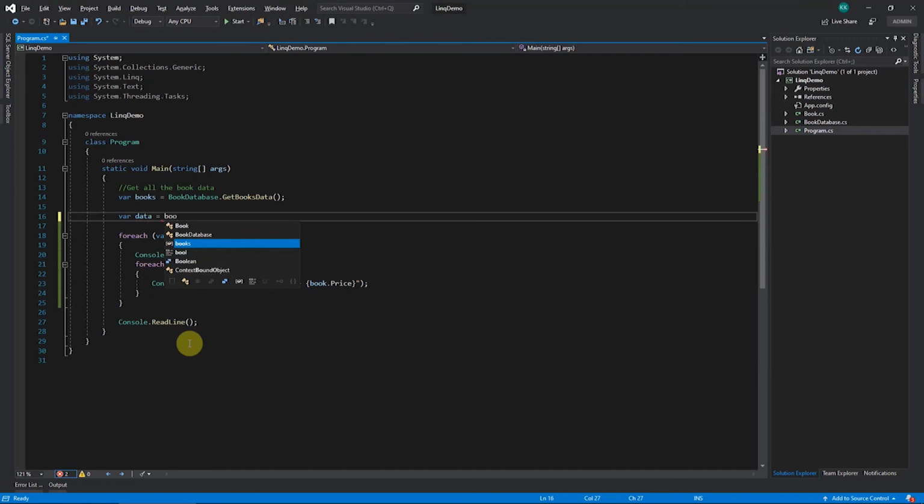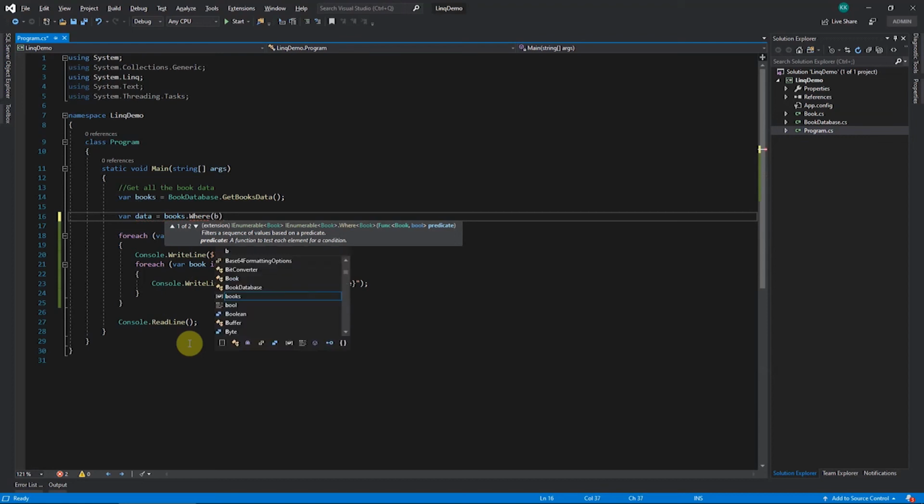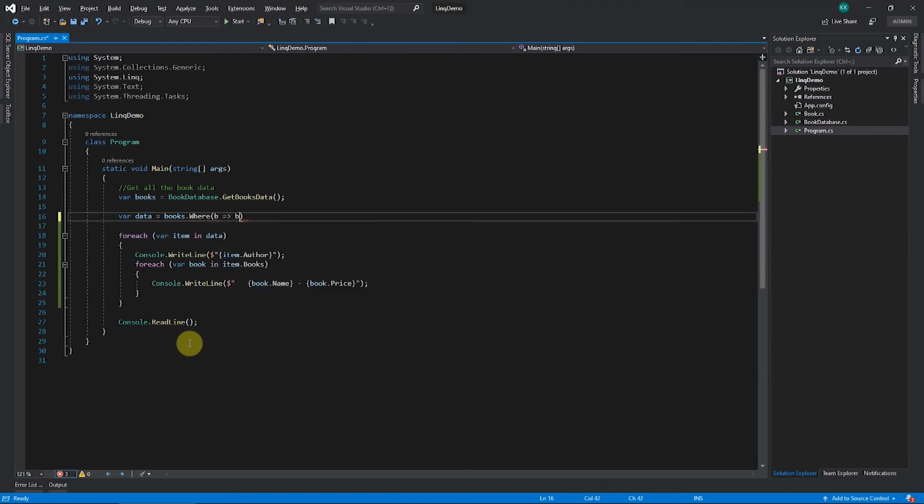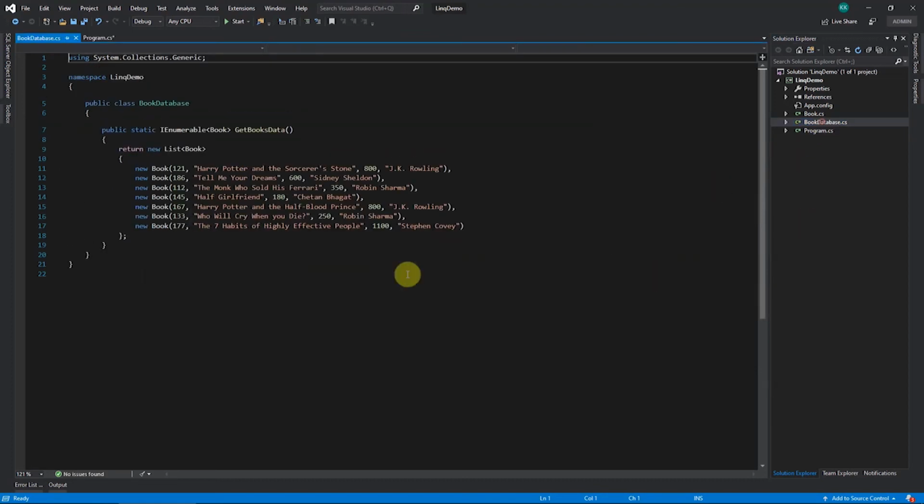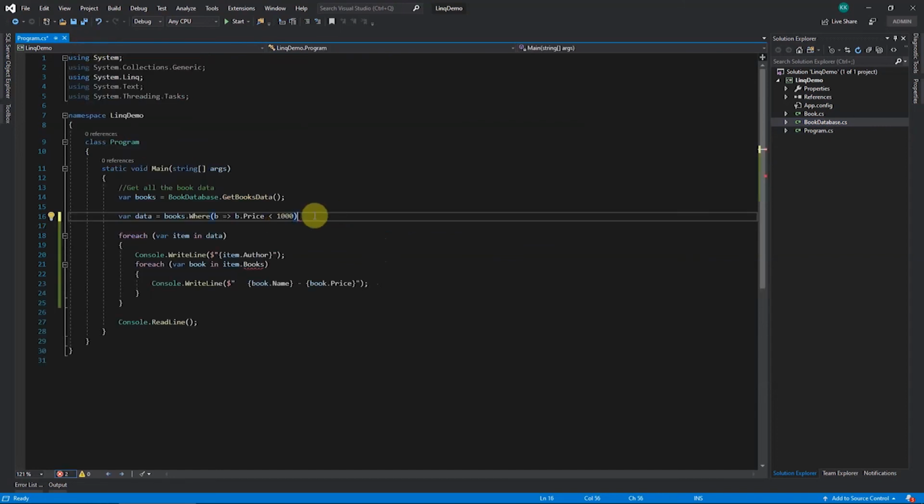So first I will say books dot where, maybe I'll first list down all the cheap books, so where b dot price is less than maybe 1000 rupees. As you remember, there is one book which is more than 1100, so that we will be removing. And out of this list what we get, we will say group by,